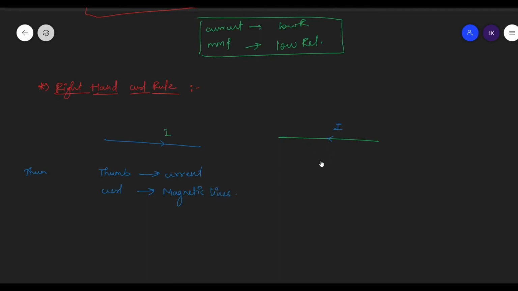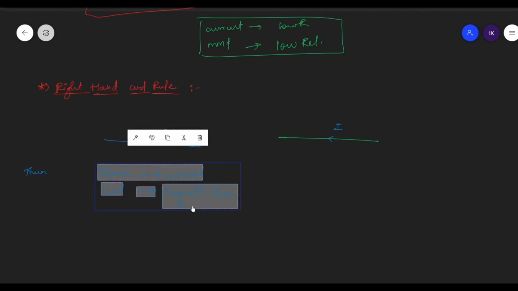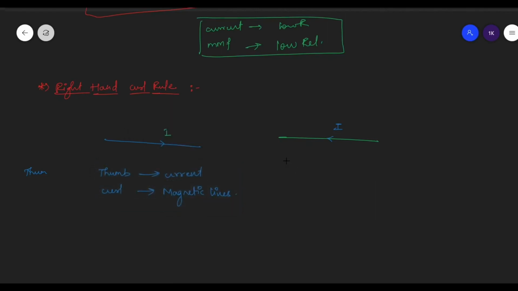Here also the same thing. The same thing applies here also. So now place your thumb according to the direction of this conductor, such that your thumb will be facing like this